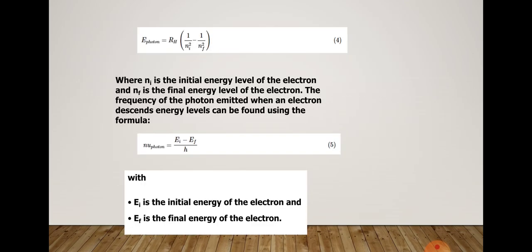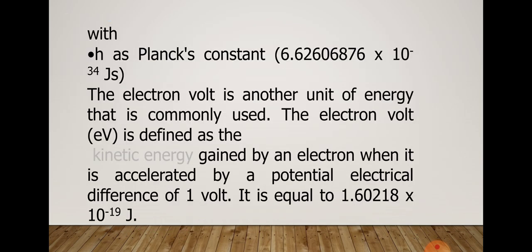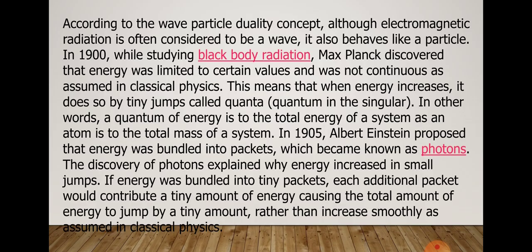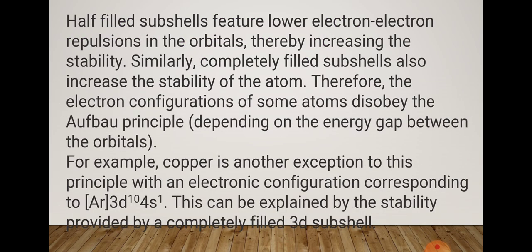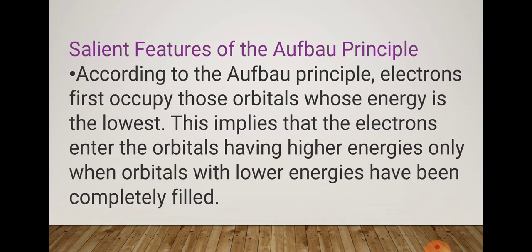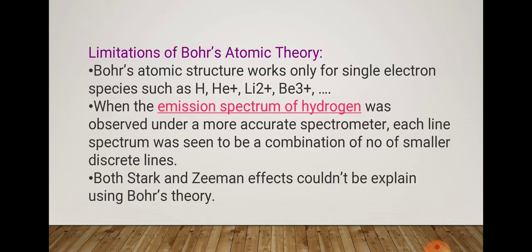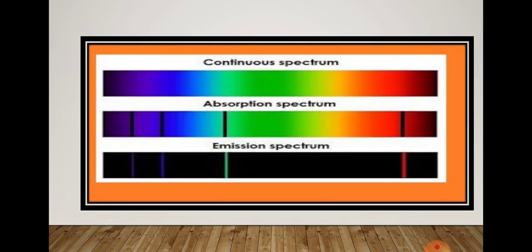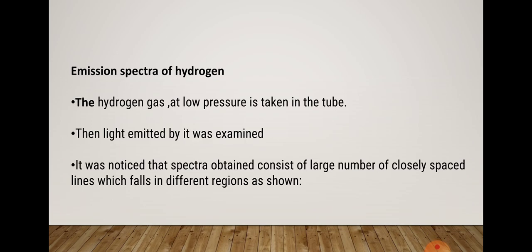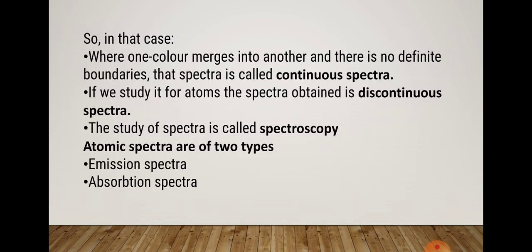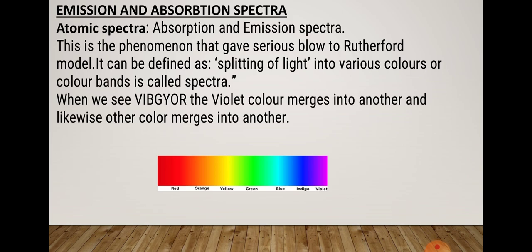Okay, so this information was all about your emission spectra. Emission spectra is of two types: continuous spectra and line spectra. Continuous spectra, when all the seven colors come and they get merged with each other, and line spectra, fine lines are found, and your line spectra is the fingerprint of all the elements. Next is your absorption spectra.